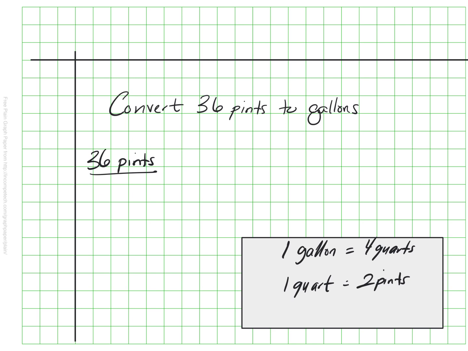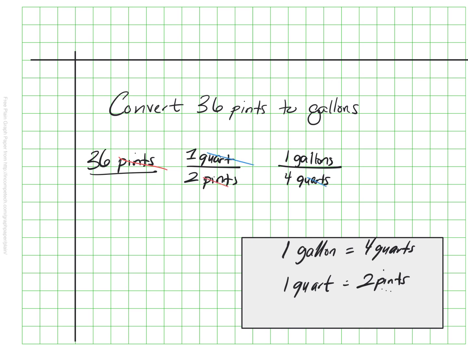So I'm going to use the part of my information here that discusses pints. And I know that 2 pints, I'm going to put that on the bottom, so they're opposite numerator and denominator, is equivalent to 1 quart. And then I know that 4 quarts, notice I'm putting that as a denominator across from the numerator, 4 quarts is equivalent to 1 gallon, which is ultimately what I'm trying to get to. So I can go ahead and cancel out pints with pints, and I'll cancel out quarts with quarts, and then